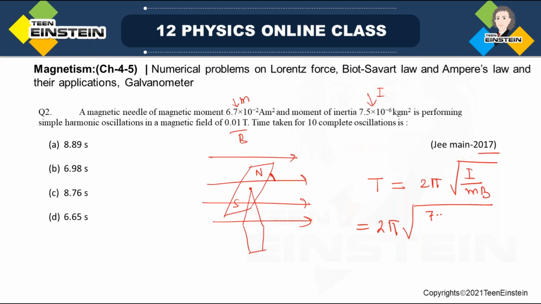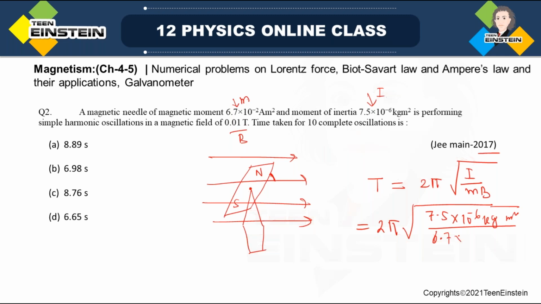Then M into B. M is given as 6.7 into 10 to the power minus 2 ampere meter square,